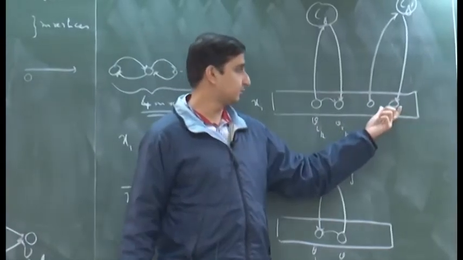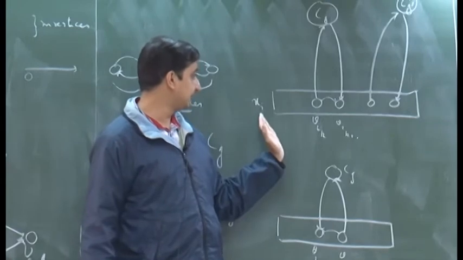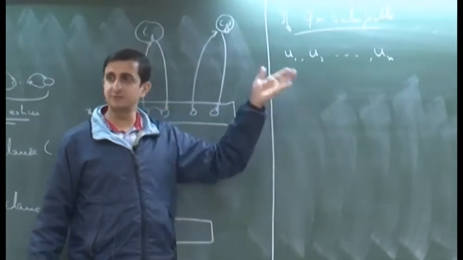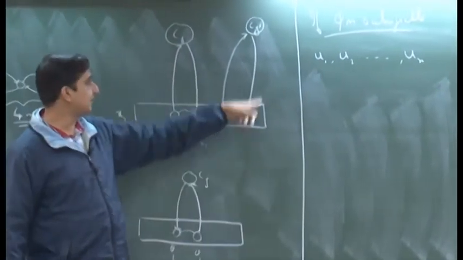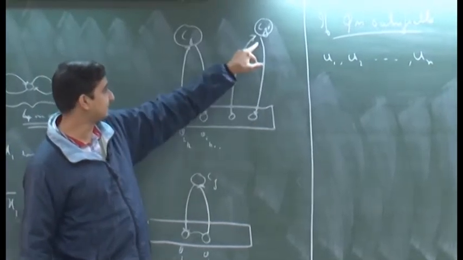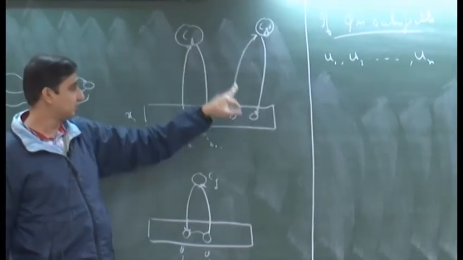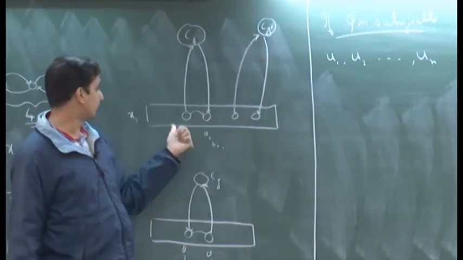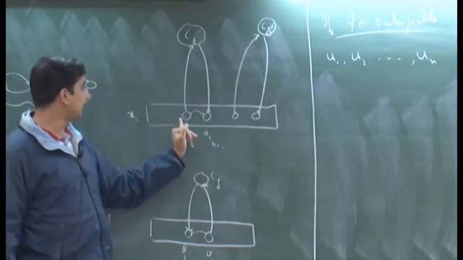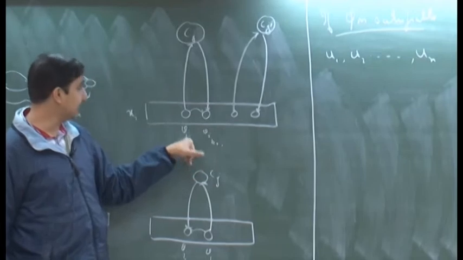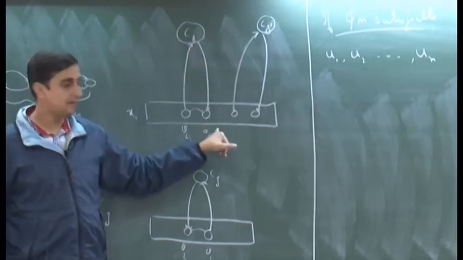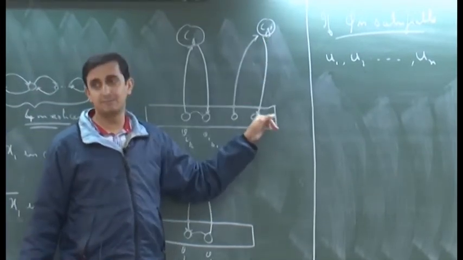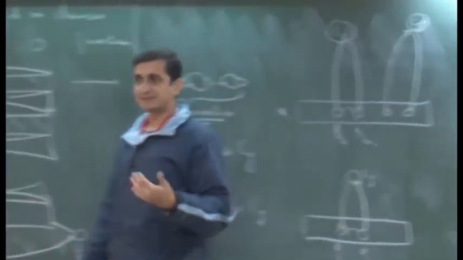One variable can be responsible for setting many clauses to true, but it can only have one particular value, either 0 or 1. Then we have many such jumps. Let us say it satisfies clause C j prime as well as C j. When I come to V I k, I jump to C j and then come back. Again when I reach this vertex, I jump to C j prime and again come back, thereby satisfying both the clauses.